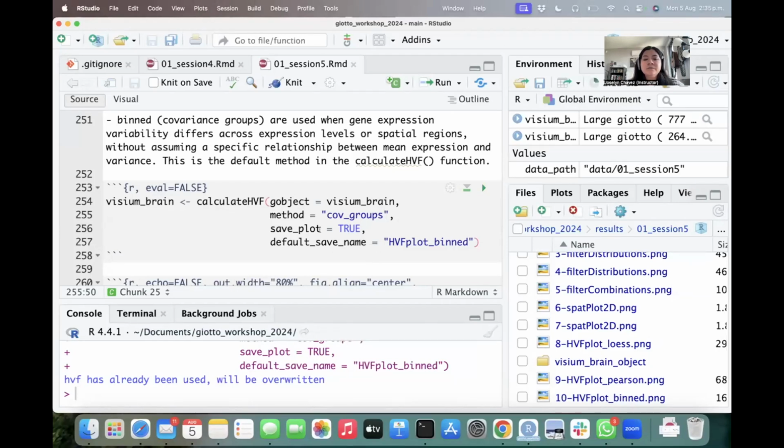So instead of highlighting genes with a really extreme variance or trying to find a nonlinear relationship, what this method will do is create different groups and try to highlight the genes that have a high variance in each group. So let's see how this